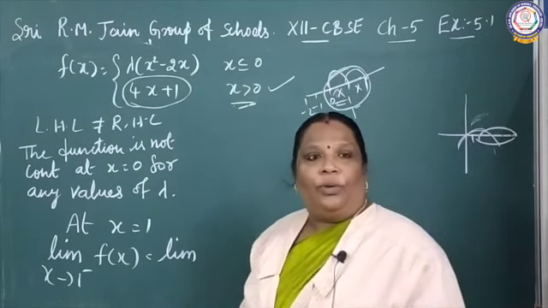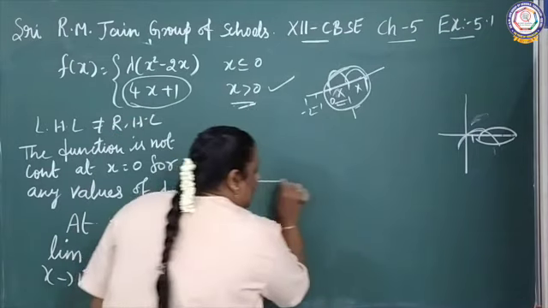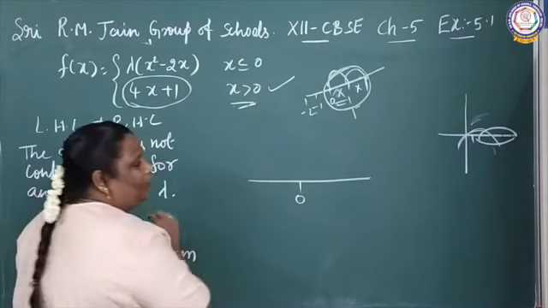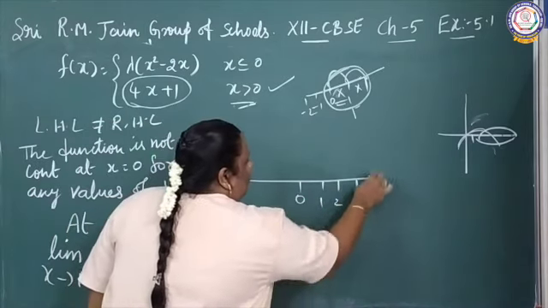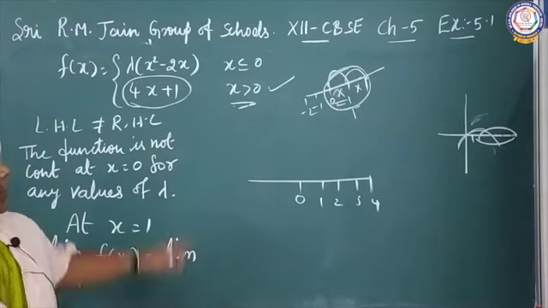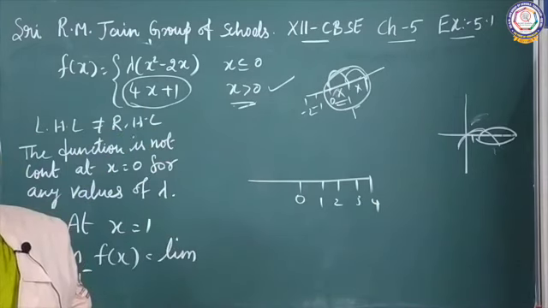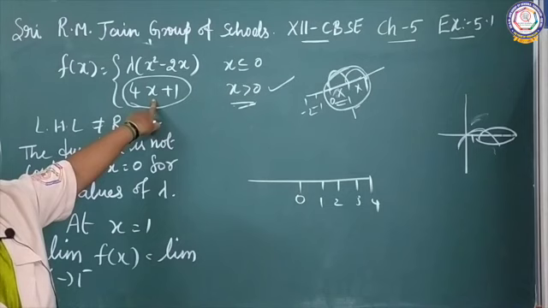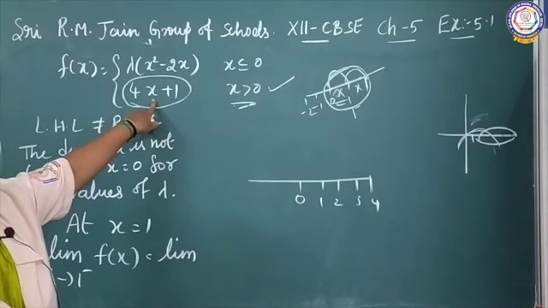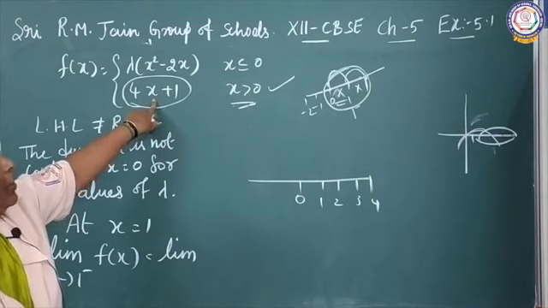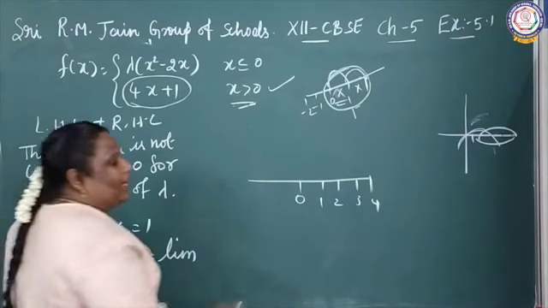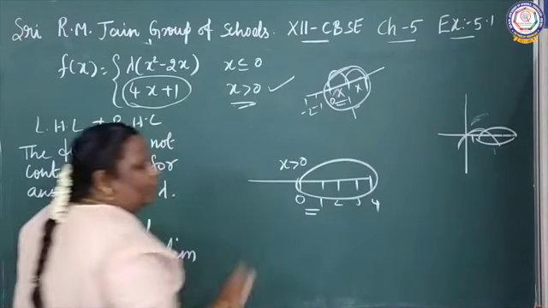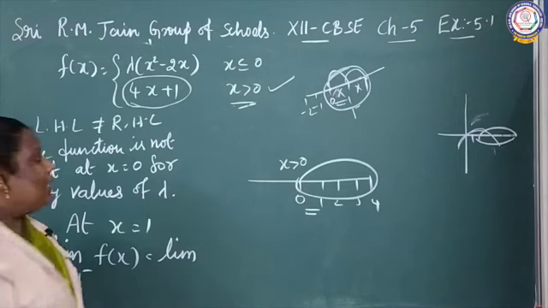Is it clear for you? Is it clear? See, once again I repeat, suppose x value equal to 0. For x greater than 0 the values are like this. If you want, you can check it on the line also. 4x plus 1: for x equal to 0 you get the value 1. X equal to 2 means you get the value 9. You draw the line. If x equal to 0, x greater than 0 means the possible values are here: 1, 2, 3, 4.